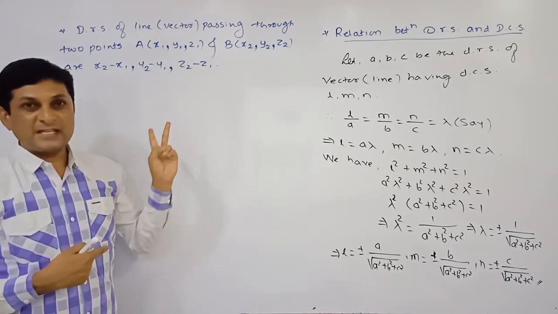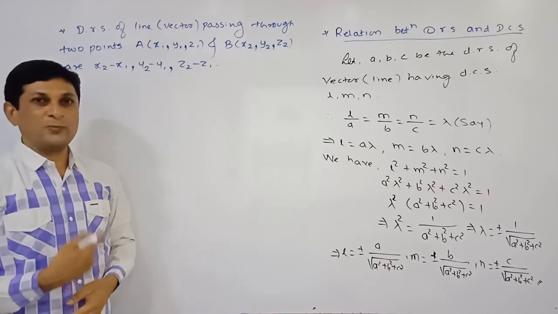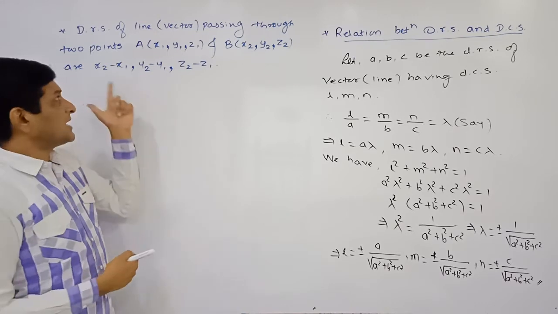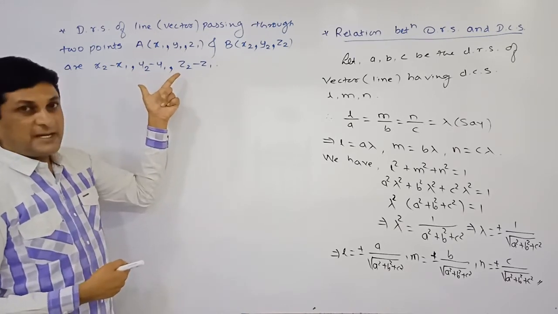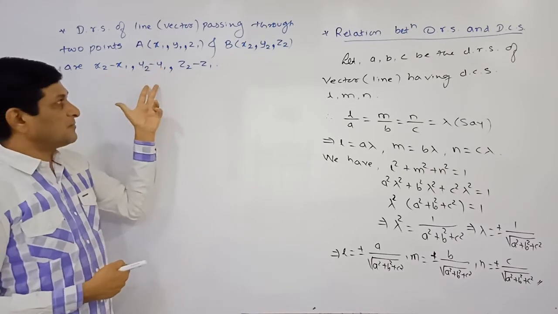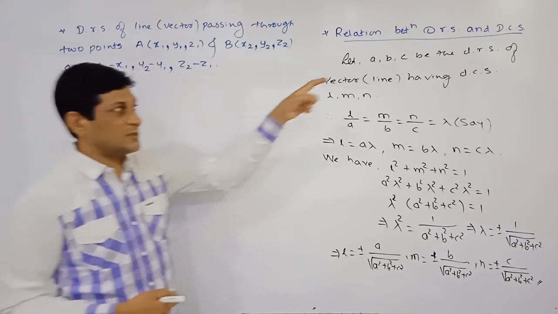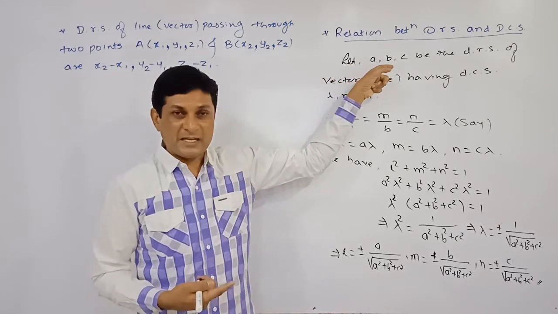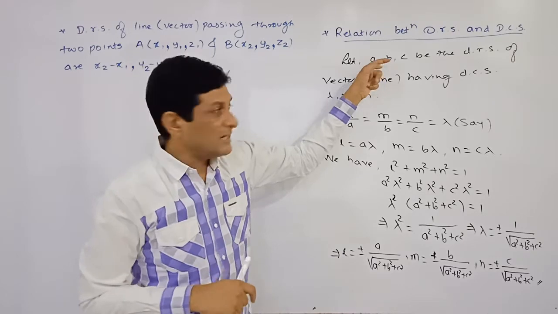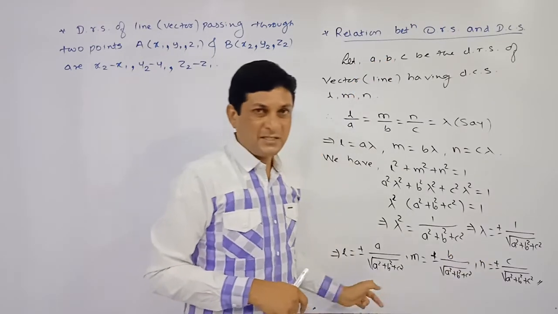This formula is applicable if the coordinates of 2 points on that line or on that vector are given to us. Is it clear? These are the direction ratios. The subtraction of two numbers is a new number. So here also you will get one number, here also you will get a number. These three numbers are what? Direction ratios. Direction ratios we are denoting by a, b, c. Means here, applying this formula, we are getting the values of a, b, c. And once a, b, c are known to us, direction cosines can be found by applying this formula.